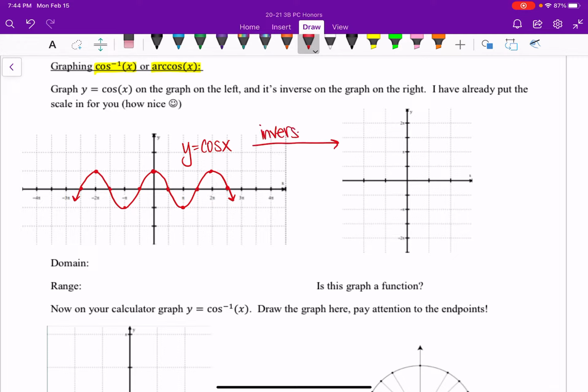So this is not the inverse cosine function, because if we take those points, our first point on this guy is (0, 1). We're flipping that to (1, 0). And then I've got (pi over 2, 0) over here. That'll be (0, pi over 2). And I'm going to keep going in this fashion. So like we did in our last video, I just now have our cosine graph, but snaking up our y-axis. And I think it's always easier to turn my paper or tilt my head and graph this literally just like we would our cosine. If you're on the computer, you can literally copy and paste and turn it over,